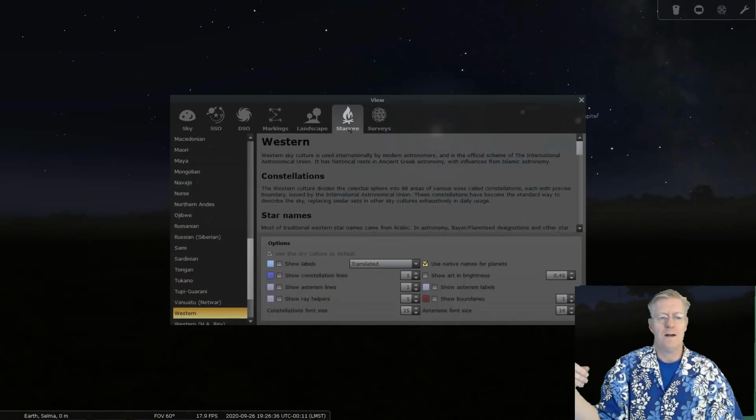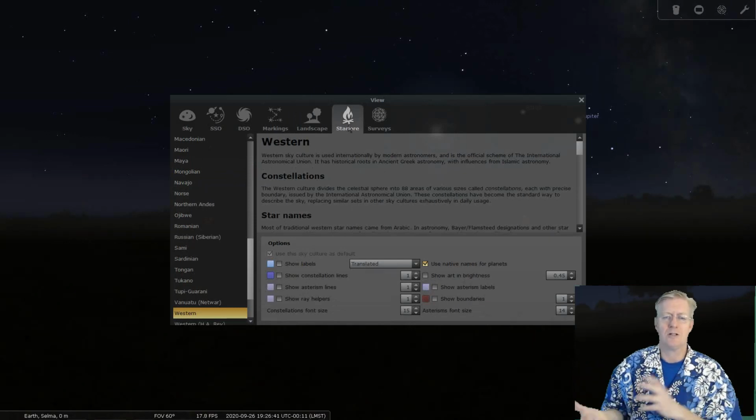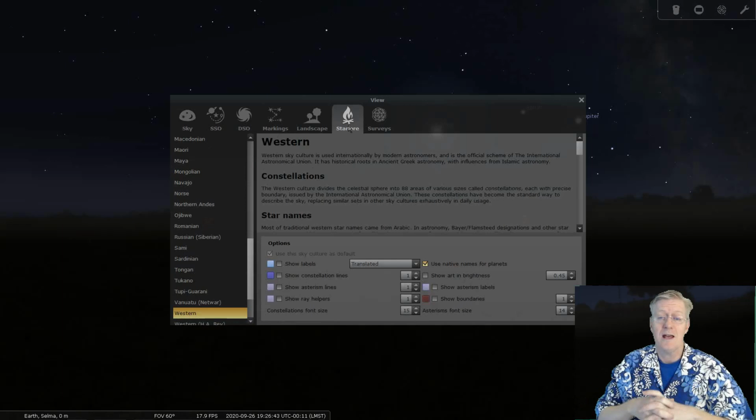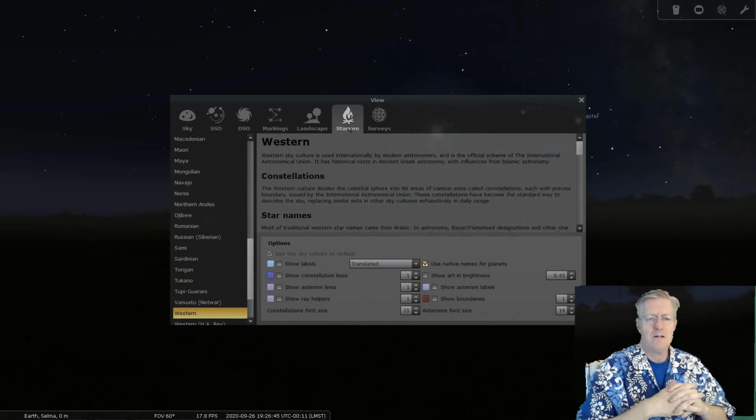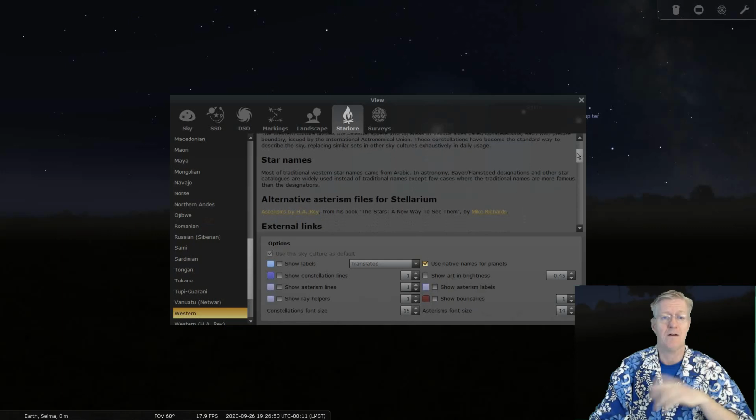Star lore. All right, now this is where we go in, and star lore culture is used internationally by modern astronomers and is the official scheme of the International Astronomical Union. So it's basically how we name constellations and all the little patterns that we see up there.